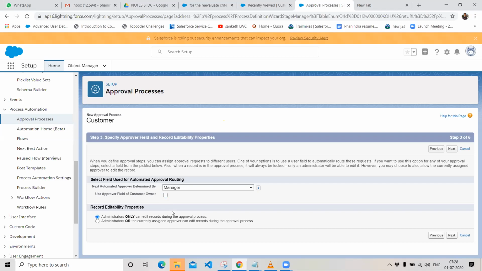Whoever may create the record in your organization, it will be submitted to Sham's manager. But if in a specific case, if Ram created the record I want to assign it to Ram's manager, and if Kiran created a record I want to assign it to Kiran's manager, it will be submitted to Kiran's manager if you enable this checkbox. So guys, are you able to understand why this use approver field of customer owner is here in our approval step?